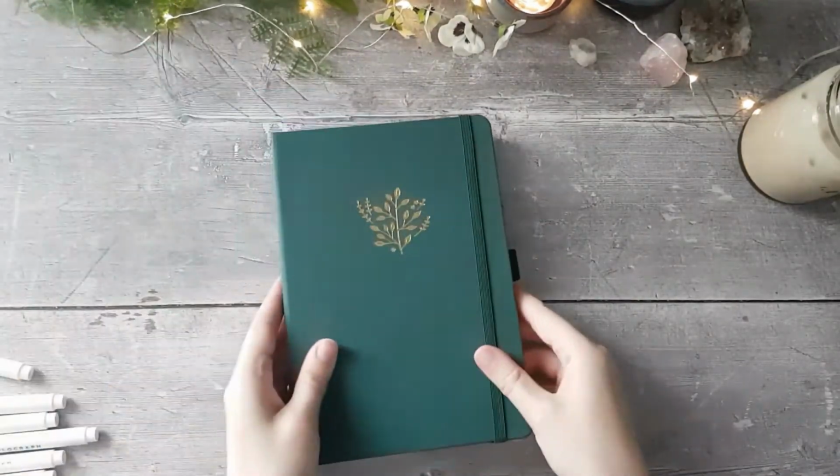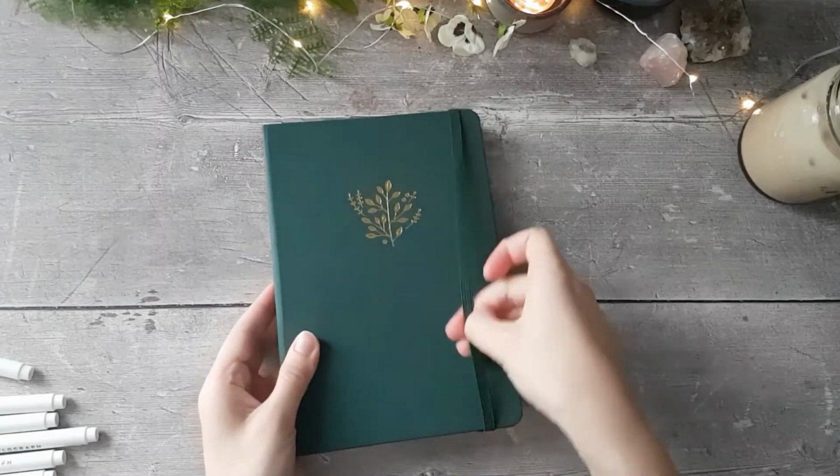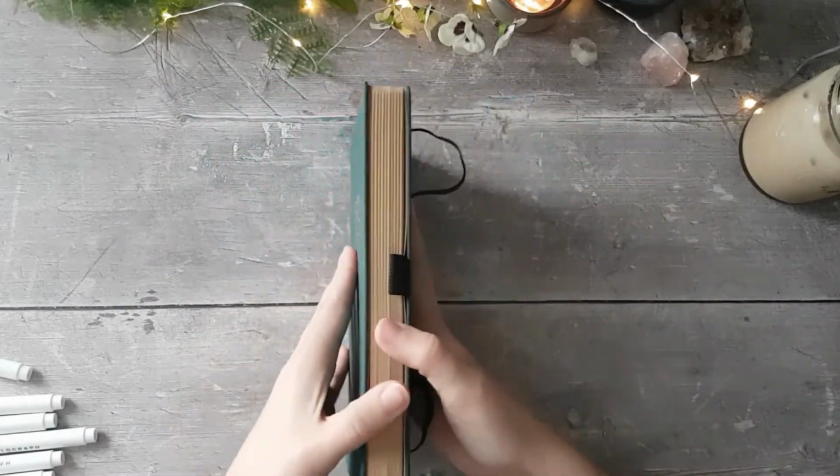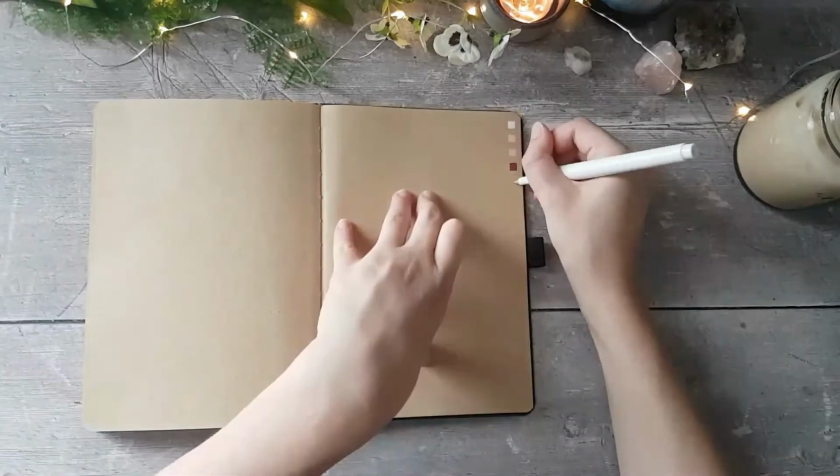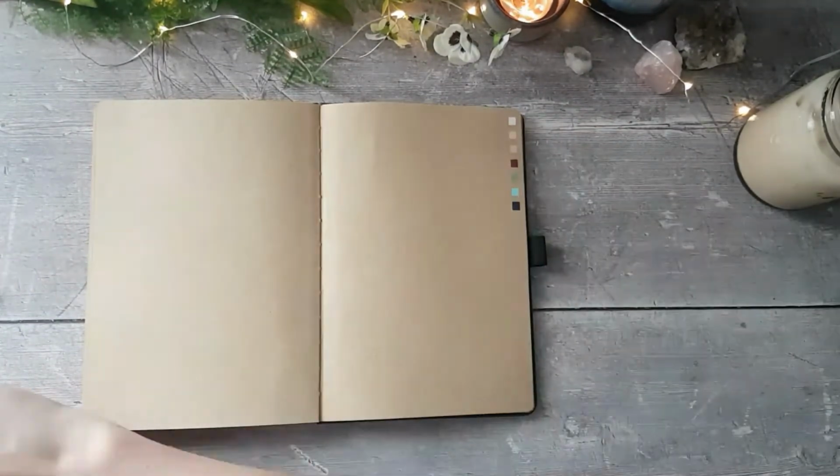But now to see what they look like on the kraft paper. This was the first time that I'd shaken them. Like I said earlier, I just wanted to test to see what they were like without shaking them because I'd